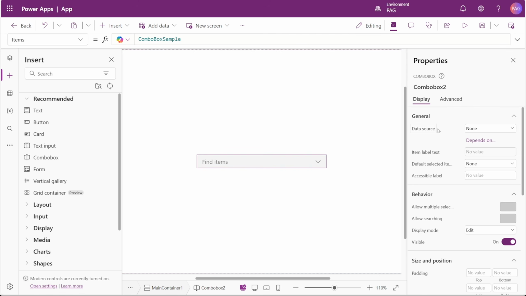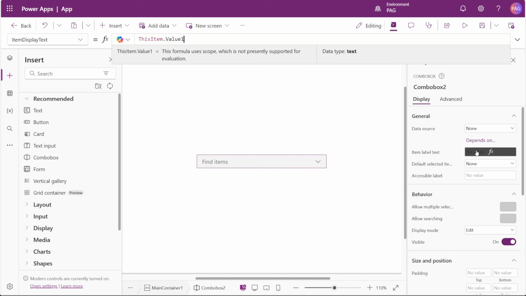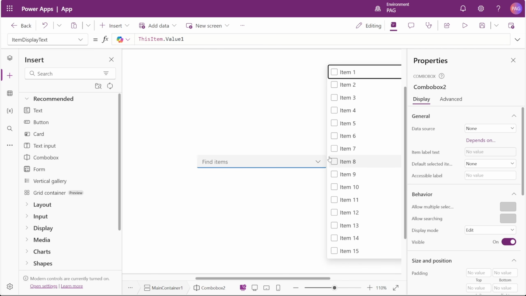So over on the right, we have our normal data source that we previously had, but we get this new option for depends on. So if you're familiar with the classic controls, you'll know that we could create dependent dropdowns and combo boxes simply through this menu. We also get a property for item label text. So this appears to be what actually shows up as the label when you're looking at any of the items